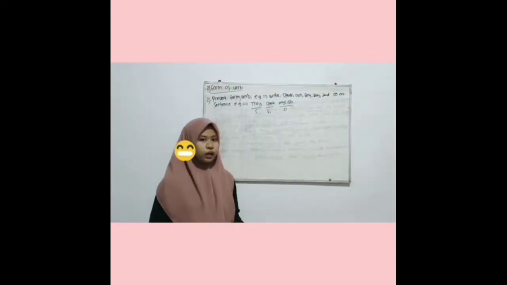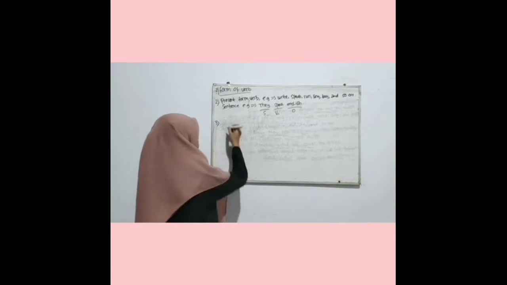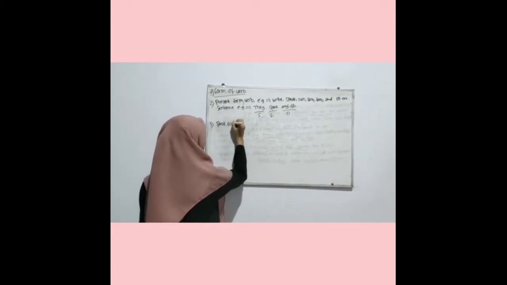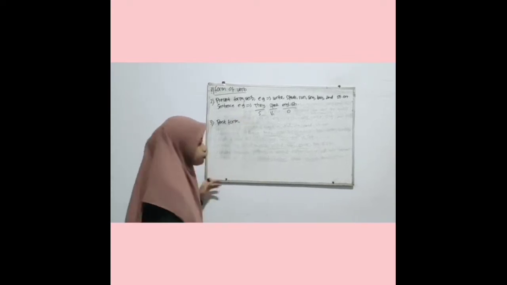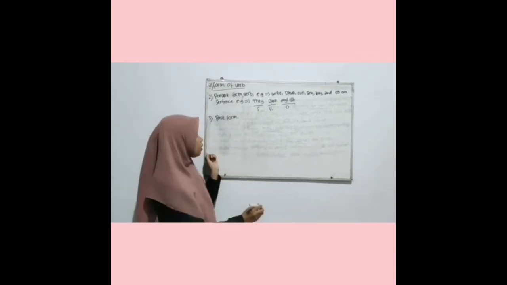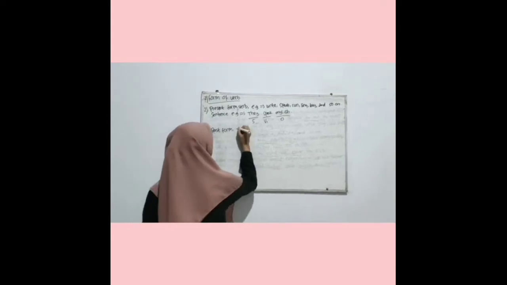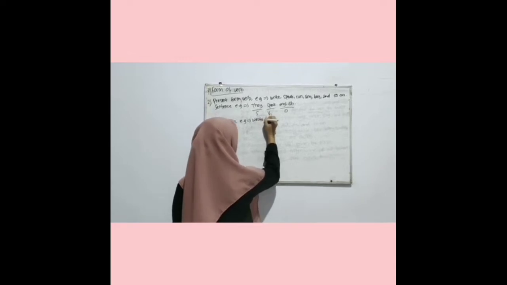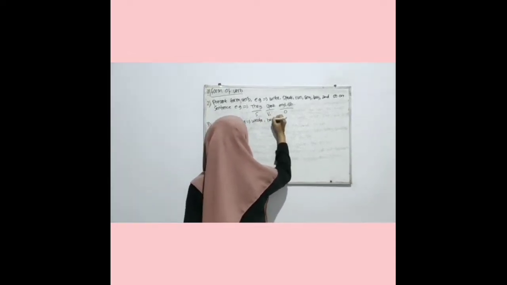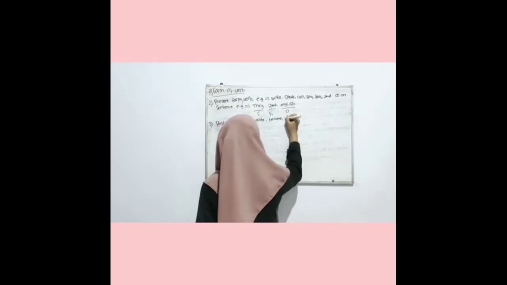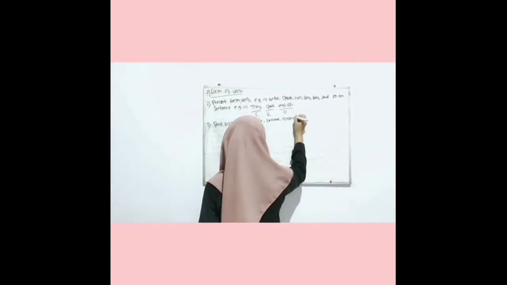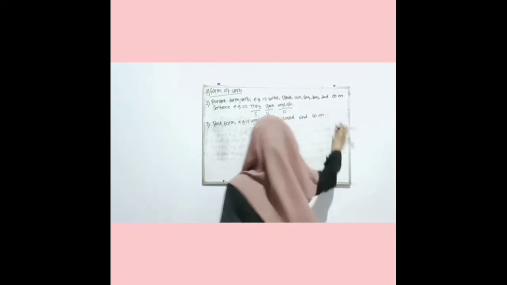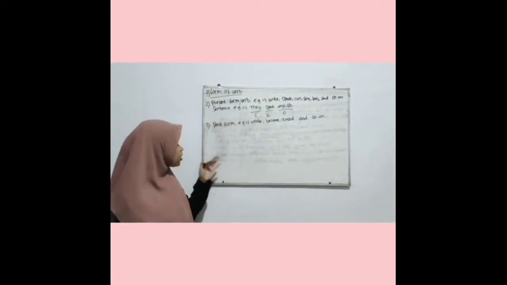Okay. Form of verb. The next, past form. Past form is used for past tenses. Example: run, become, pleasant, and so on. Sentence example,